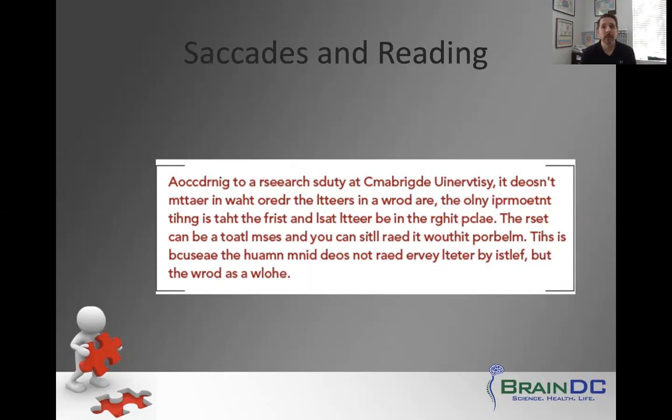And your brain gets so good at reading and understanding pictures, as long as it's seeing the same picture, it doesn't even need all the letters to be there. It understands and it picks up very quickly what it is that you're doing and what you're reading. So that's how quickly our brain takes in that visual information when it's appropriate and processes that. And even more so, why it's so important that both eyes are looking at the same picture, because when they're not, and when you're looking at two different things, we tend to get really discombobulated and misunderstand what it is that we're doing. We start to flip words, letters,